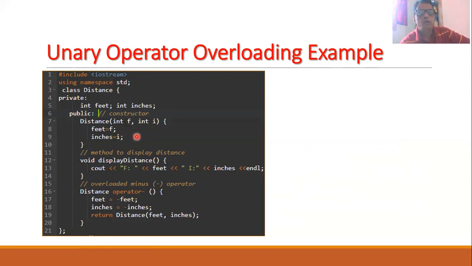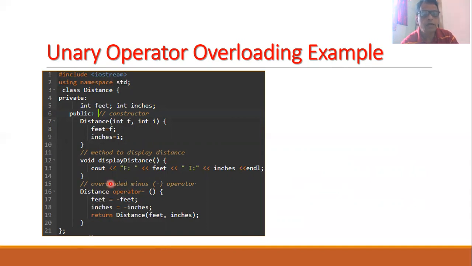Then we will make use of one additional function which will display the content of the class, and in that function we will write a statement for display, cout, where the value of feet and the value of inches will be shown on the screen. Then we will overload a minus operator here. So this is a unary operator, the minus operator, for which I will write a function with return type distance, that is the name of the class.